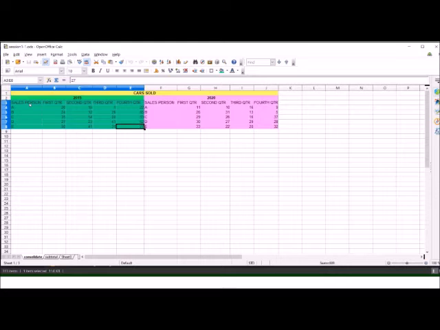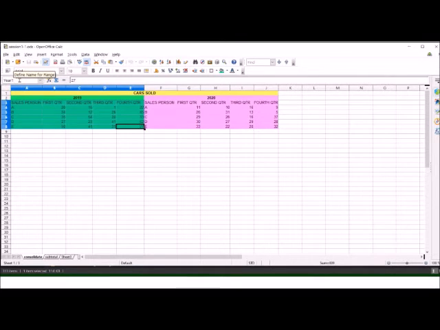In the first column, the names of salespersons are there, then the sales during first quarter, second quarter, third quarter and fourth quarter. So this is one range. I can define a name for this range. For this, I can select this range and give it any name, say year 1.